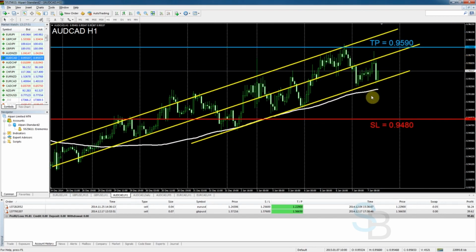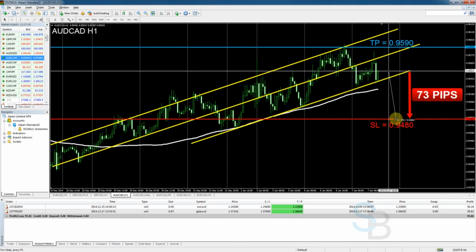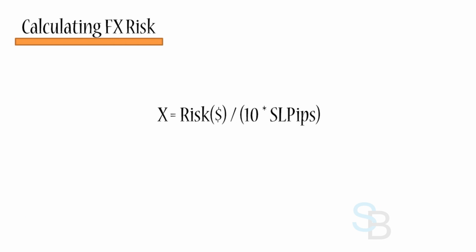So without further ado, let's move on to calculating the risk, and then we can open the order. For calculating the risk, we will need to know the stop loss in pips. So here we have approximately 73 pips for our stop loss. So I'll just bring up the slides that we're familiar with. So we need to take the risk in dollar terms and divide by 10 times stop loss in pips. So in our case, we want the risk in dollar terms to be approximately 10% of the balance, and that's